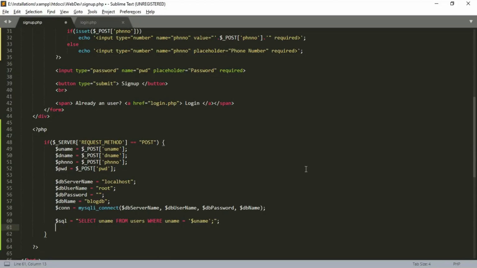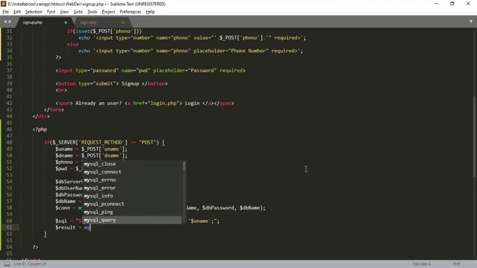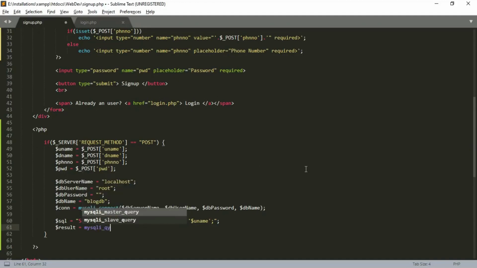We execute the query using the MySQLi query function. The result of the query is stored in a variable called result. $result equal to mysqli_query of our connection variable and our query $sql.